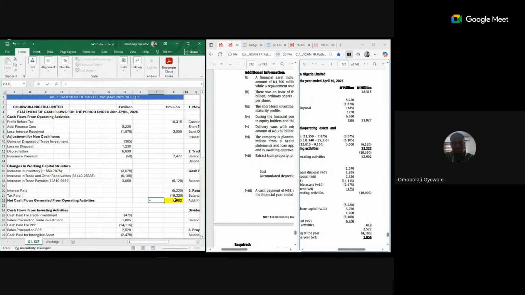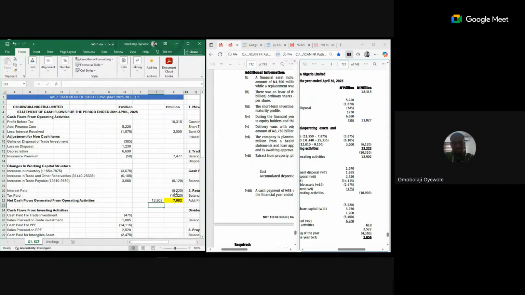So if I add back that, okay, I'm trying to check the correction. So if I take away... Your cash flow from operating activities is plus, correct? This plus this plus this plus this, 12,902. So we are correct. So the difference between what they did and what we did is that we will recognize